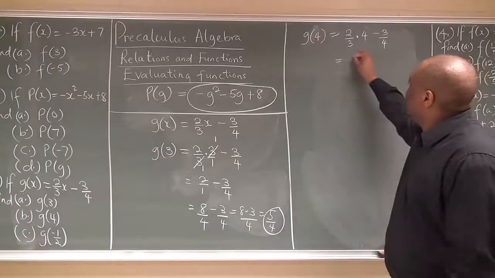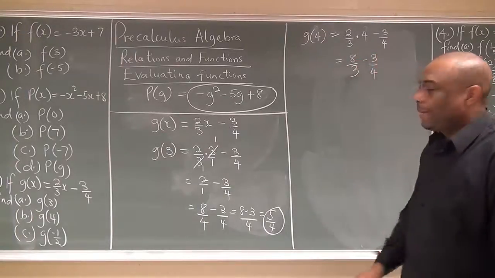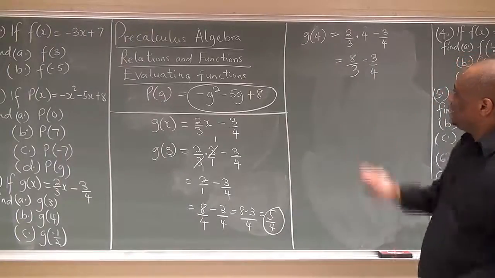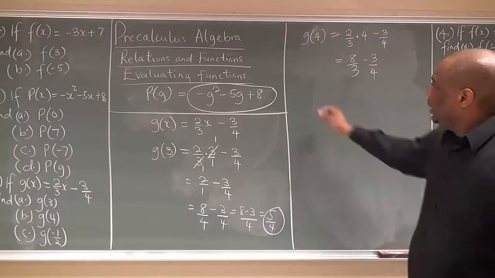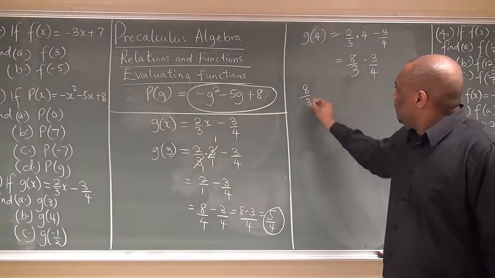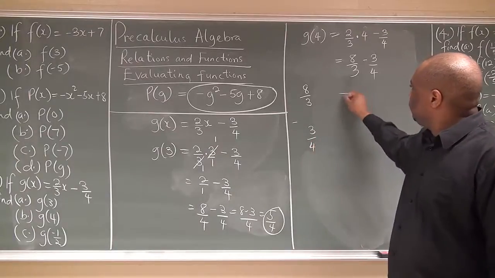So 2 times 4 is 8. This is 8 over 3 minus 3 over 4. And then what's the LCD? The LCD is 12. Right? If I have to simplify this very well so that you can understand it, LCD is 12, so I put